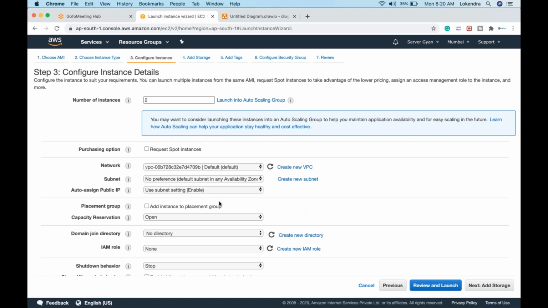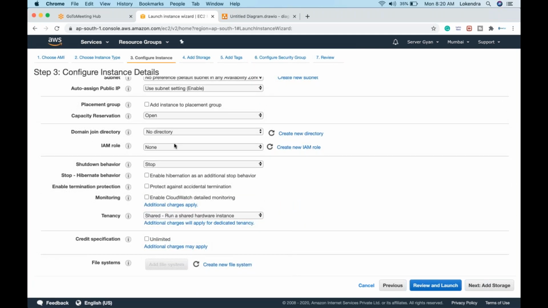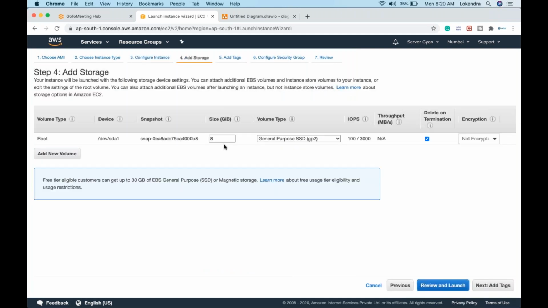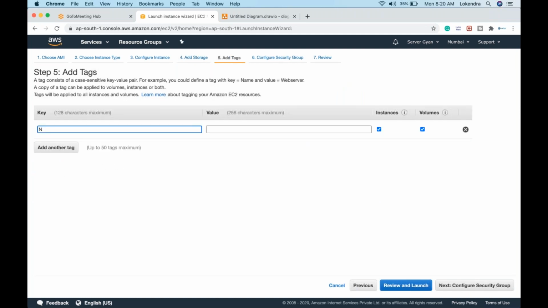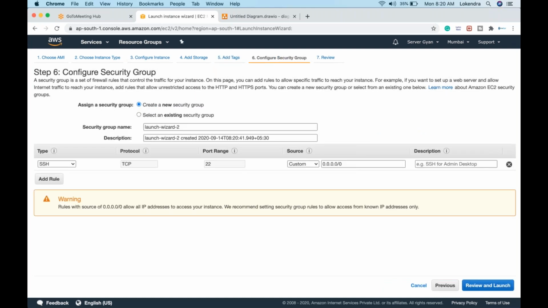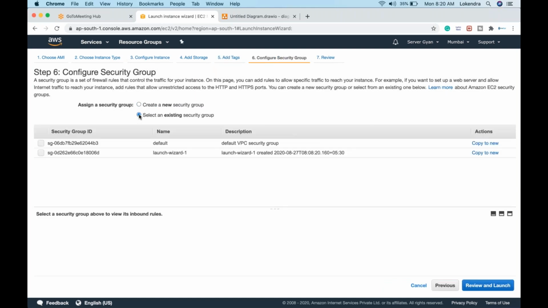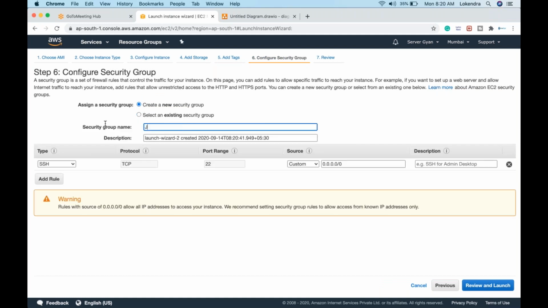Both are going to be in any default availability zone. I'm not going to select any of the options because we have discussed these options before as well, right? So rather than having a lot of space on the server, because this is going to be for demo purpose, I'm going to select only the default space here. Then I will add a name, and obviously since I'll create two machines here, let me define here Jenkins only. Then we will bifurcate what one is going to be Jenkins master and what is going to be Jenkins slave, right? So I'm going to say Jenkins, right? In the description box as well, I will type in Jenkins.